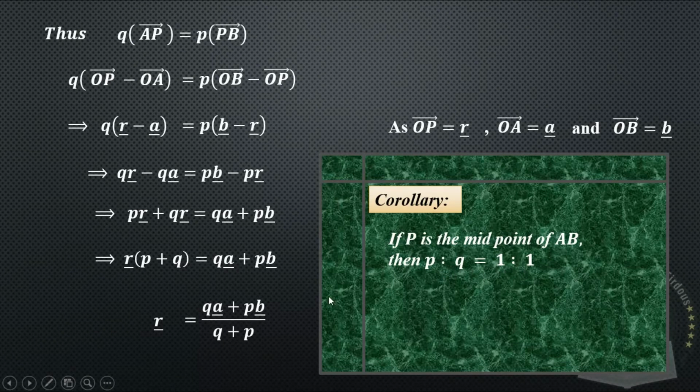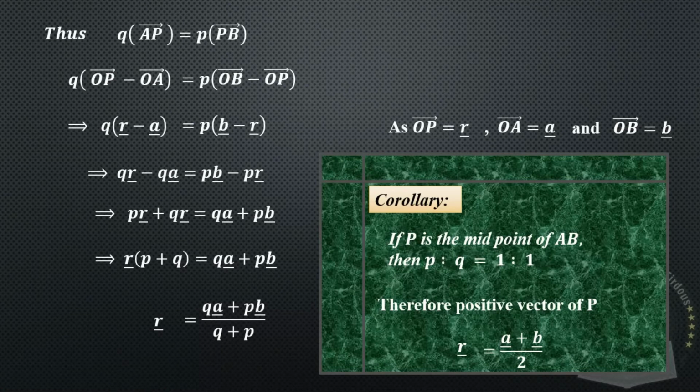So, by just replacing the values of P and Q as 1:1, we have R is equal to (A plus B) over 2. So the position vector of P must be equal to (A plus B) over 2. Just remember this result also. Any problem? So students, now we are going to solve our question 12, which is related to this ratio formula,